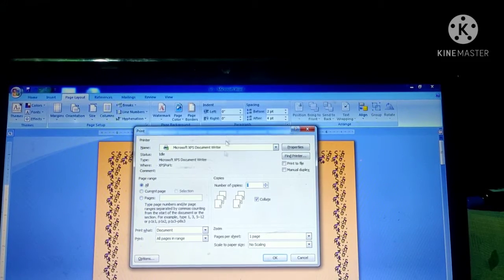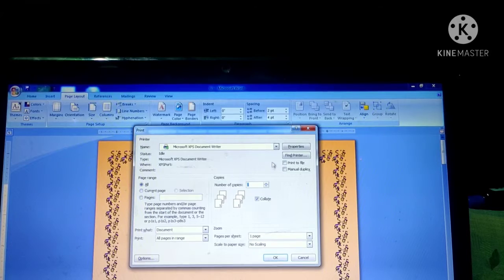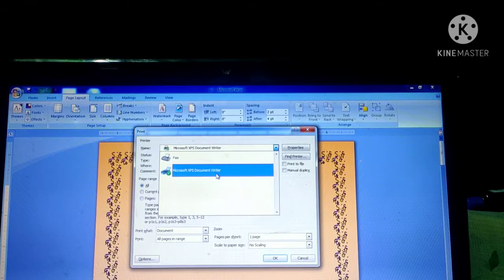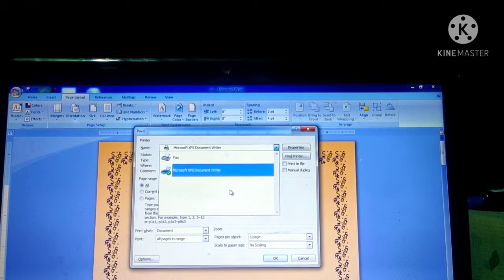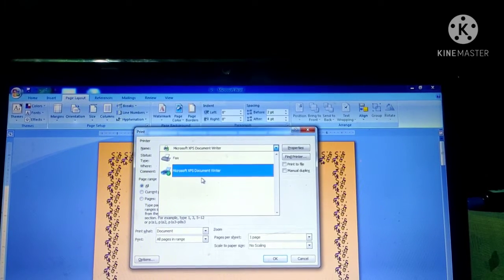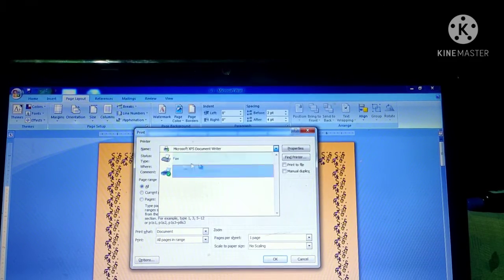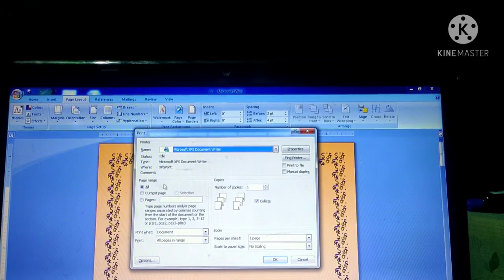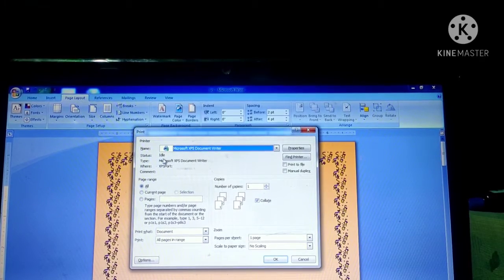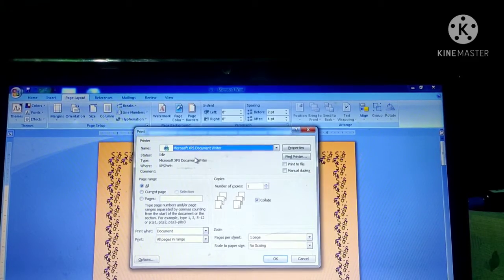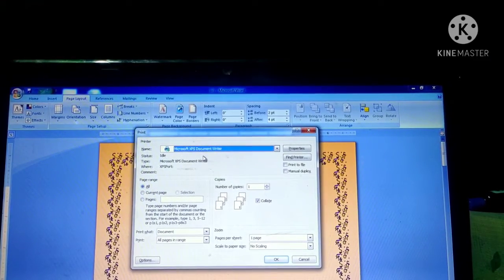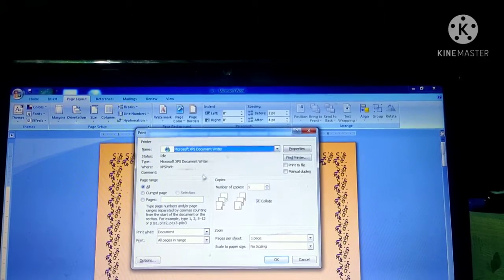Okay. There are different kinds of criteria that need to be filled before printing. From here, you can select the printer that is connected to your computer. Every printer has a different name. From here, you can select the type of printer you have connected. This will display the status of the printer, whether it is active or idle. Currently, I don't have a printer connected to the laptop. That's why I cannot show you whether it is actually being printed or not. But the process is the same while printing.